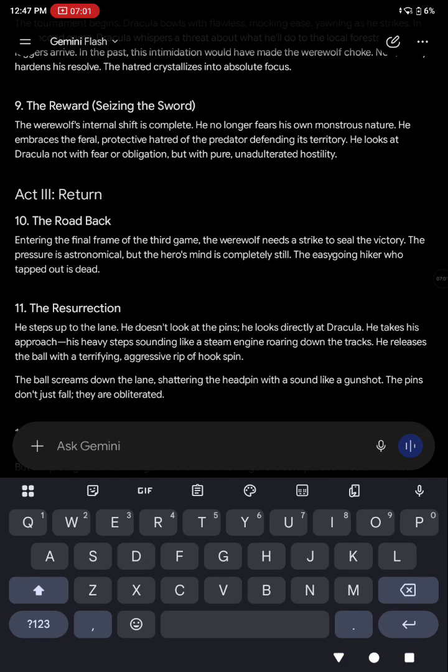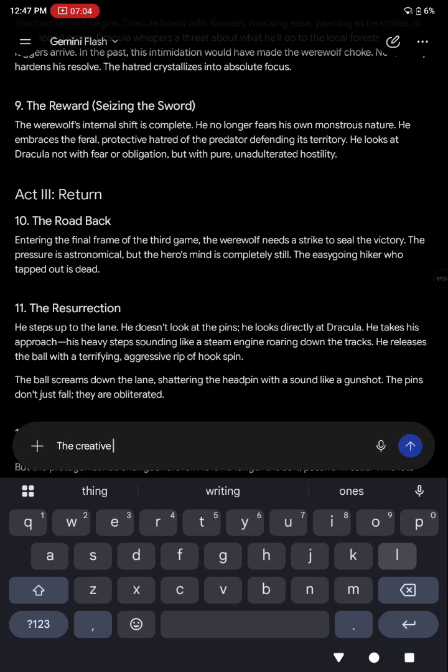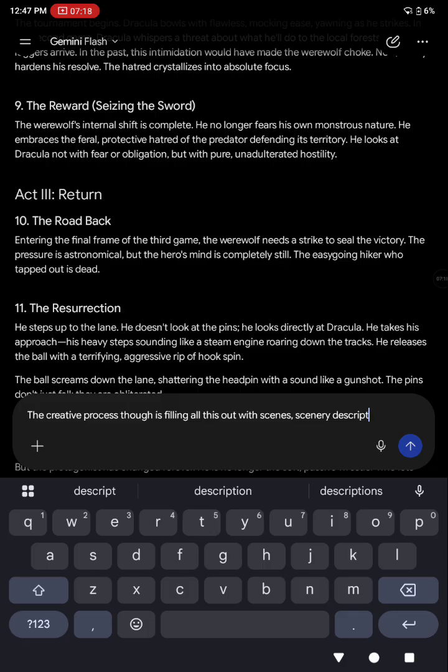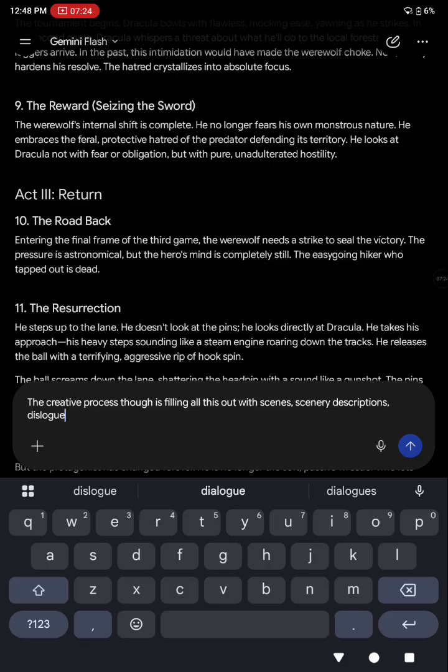Now, that's fine. Really, the creative process, though, is filling all this out with scenes, scenery, descriptions, dialogue that you come up with, actions, events, locations, side plot, love interest kind of gets involved there.